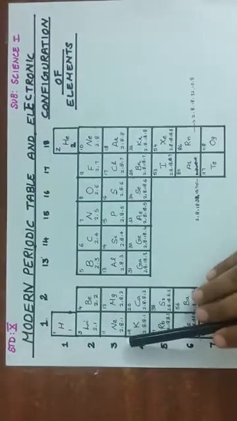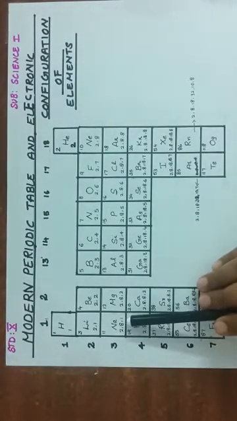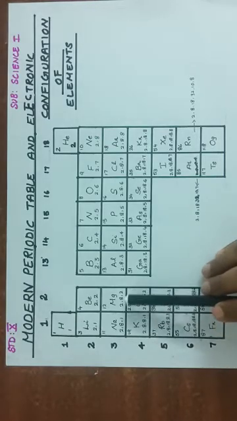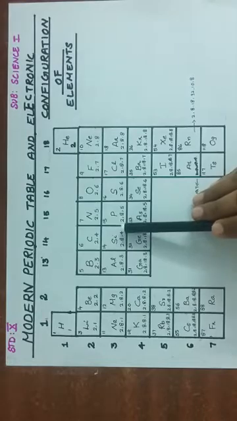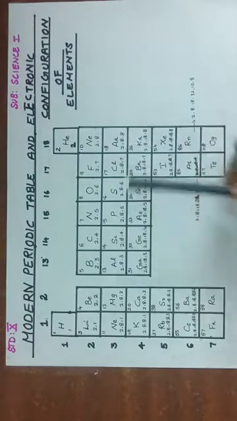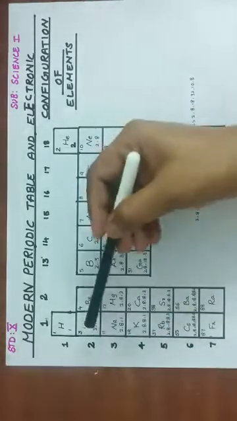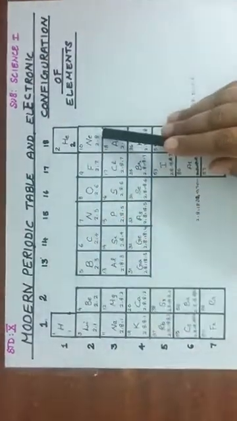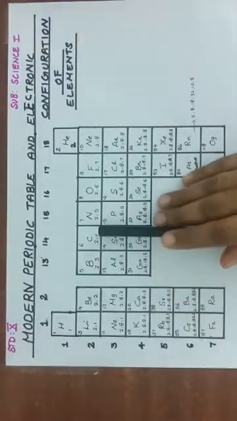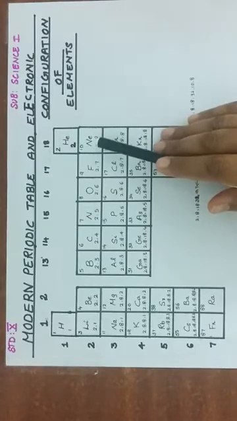If you have any confusion, take the third period also. You can see that sodium valency 1, magnesium valency 2, you can see that the valency is increased by 1, reaches 4 and then decreases by 1. So this is the trend in the valency. Along a group, valency remains the same. Along a period from left to right, valency increases by 1, reaches 4 and then decreases by 1.